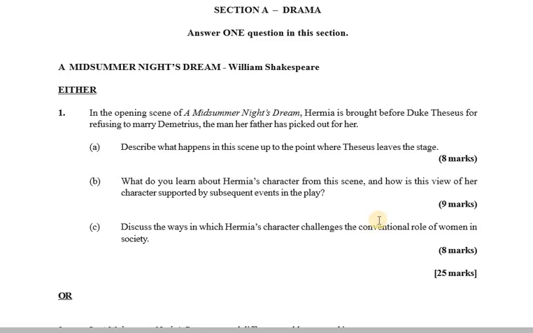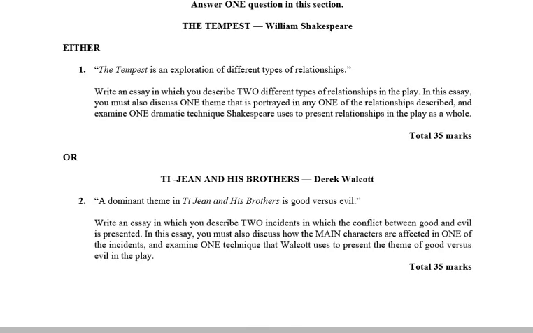And persons from my era, which is a little way away, would remember that when we did the English B examination, our questions were structured like this, and we did not write in an essay format. We wrote short answer responses, but now it is quite different. So let me go back to the previous page. Let us examine the first sample question. It says, write an essay in which you describe two different types of relationships in the play. In this essay, you must also discuss one theme that is portrayed in any one of the relationships described,